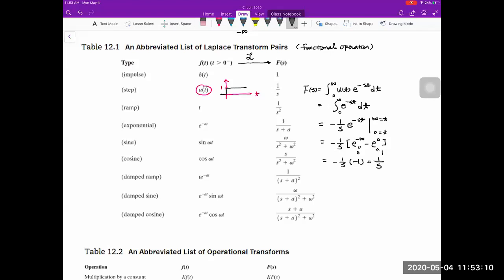Okay. Again, in our class, we are not like a math class. We're not going to ask you to derive each one of them, but it's good that you know how to derive those things. Okay. But this is only for a function, like if those functions are like these,